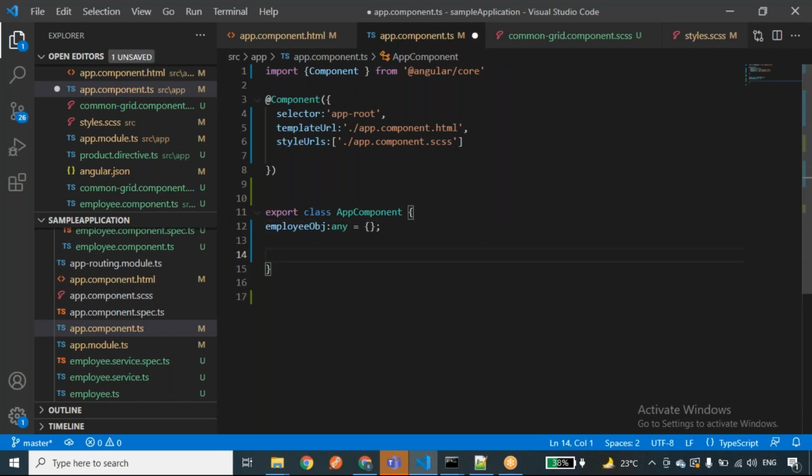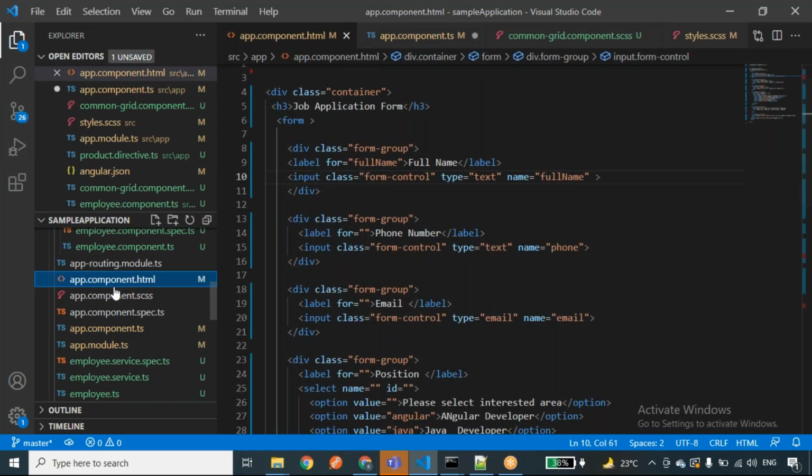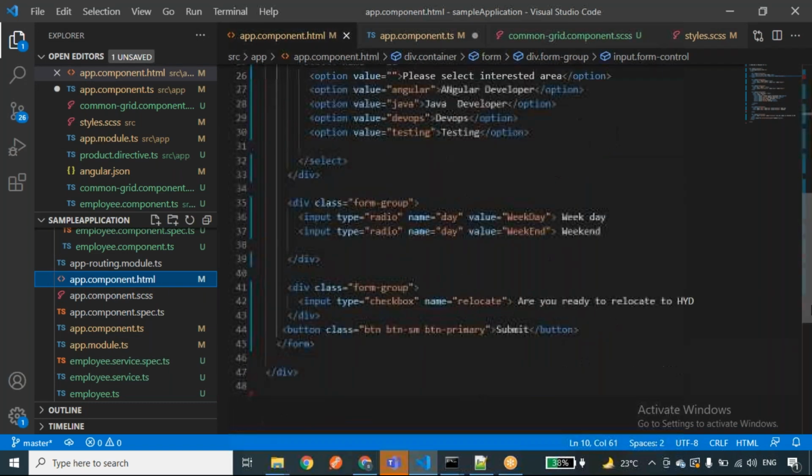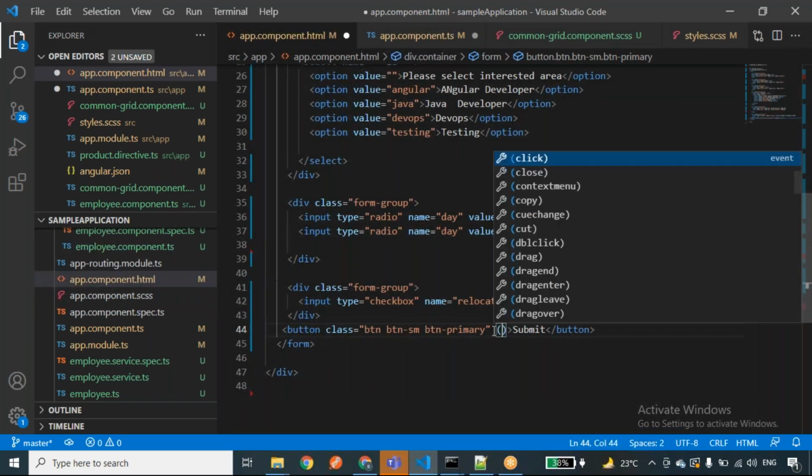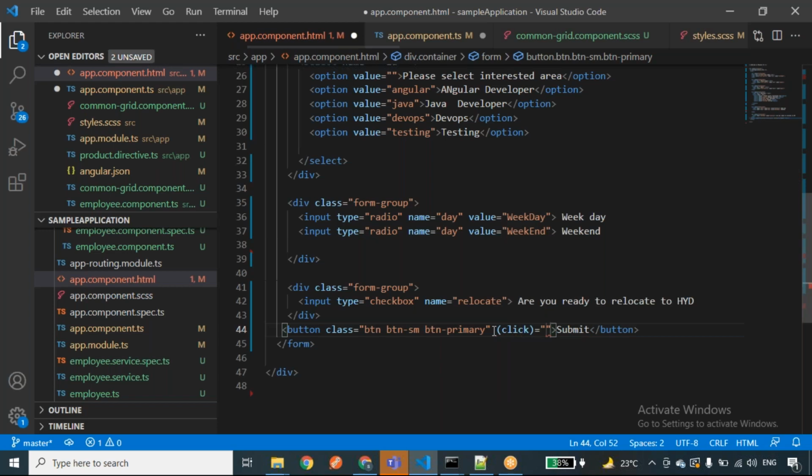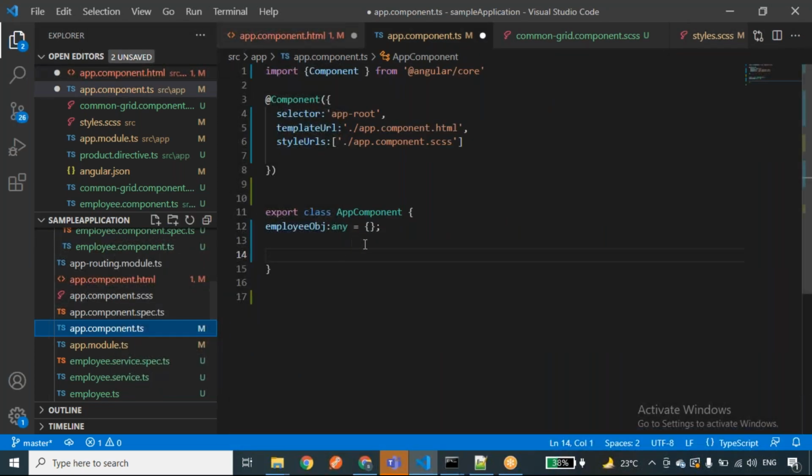Now, whenever you click on that submit button, we should get the values, right? So I'll write one click method for the submit button. I'll write the function name as getEmployeeData.